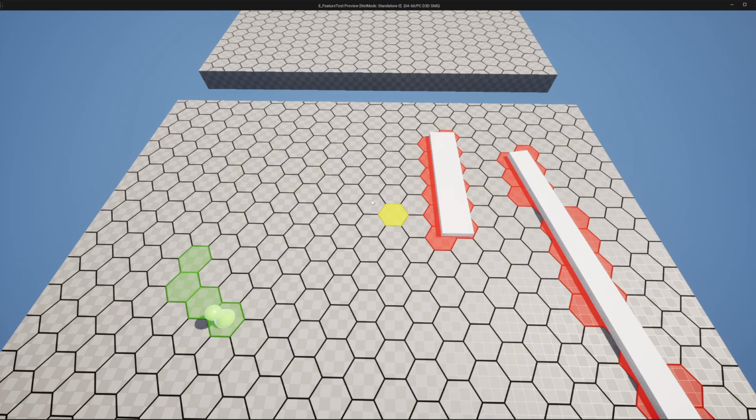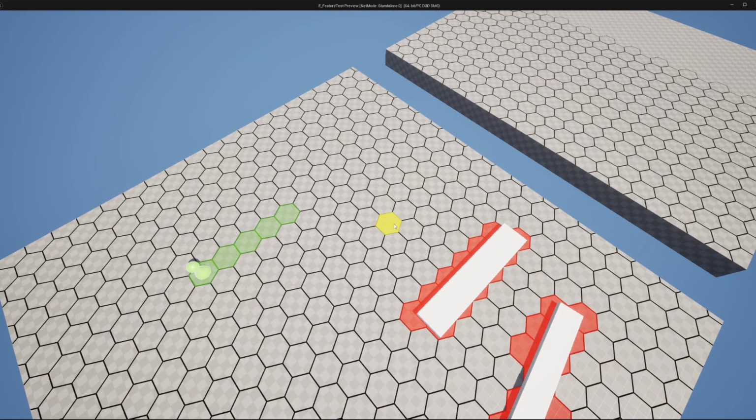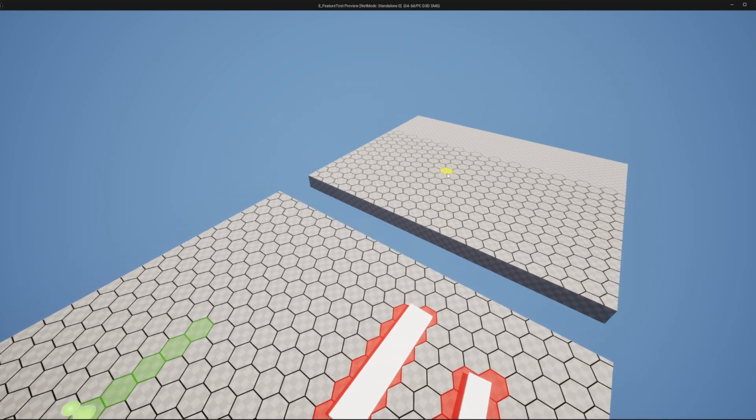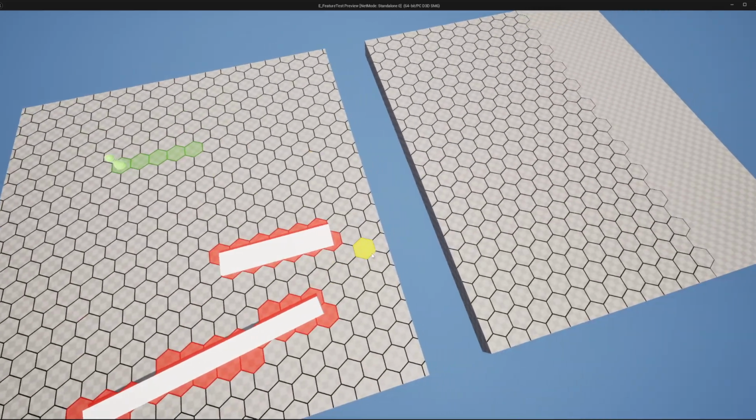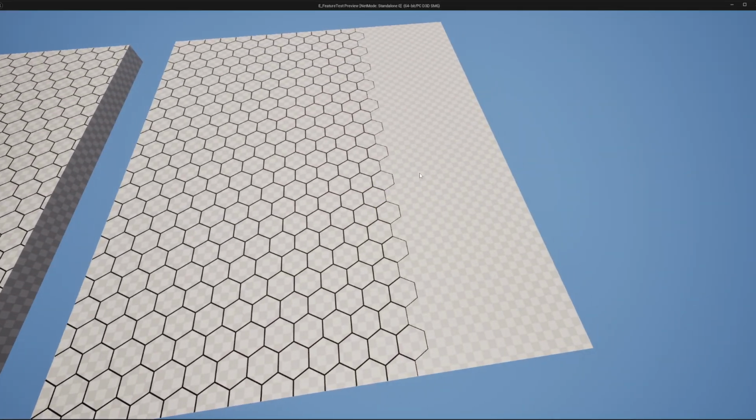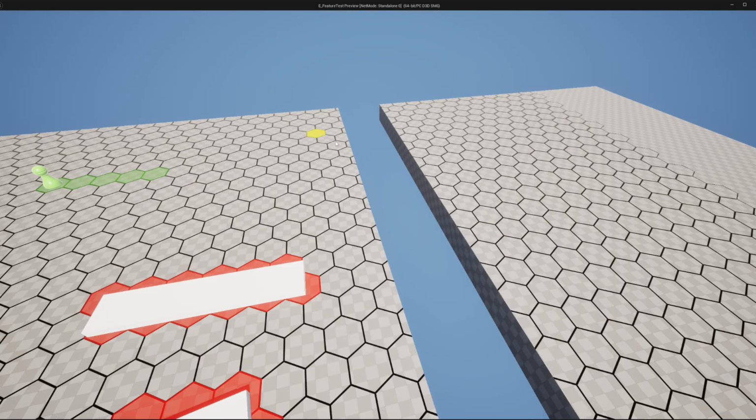But the biggest, not really issue, but biggest thing that I didn't expect is how grids are created. So basically, as you can see here, this grid, and this is another platform here that uses a grid and cuts off. So how grids work in this asset is basically a grid is not like